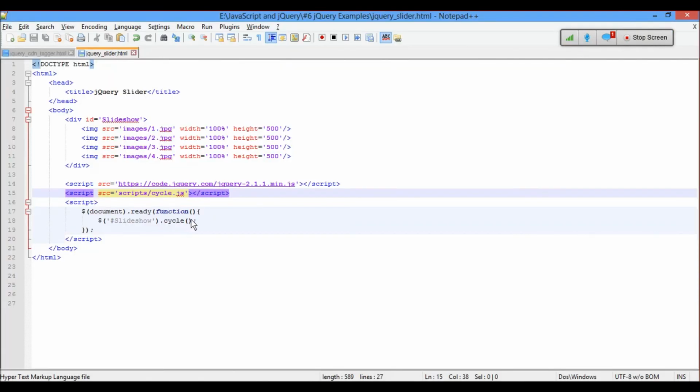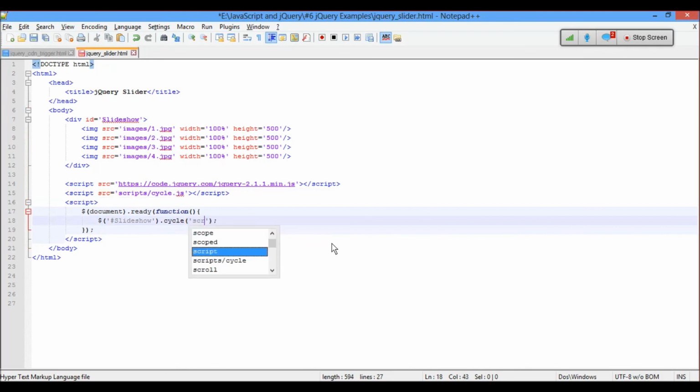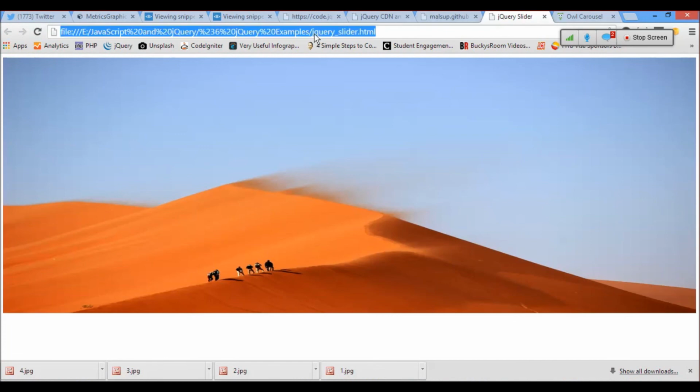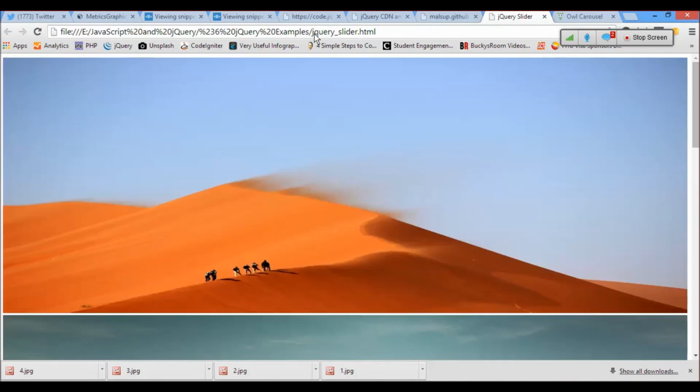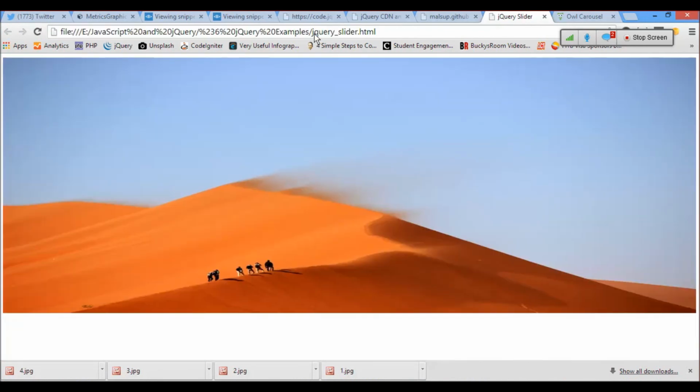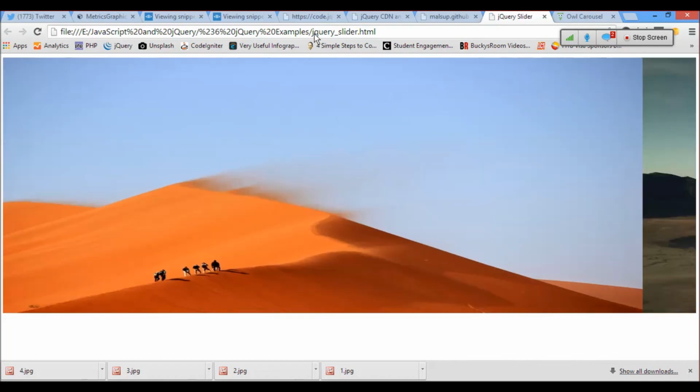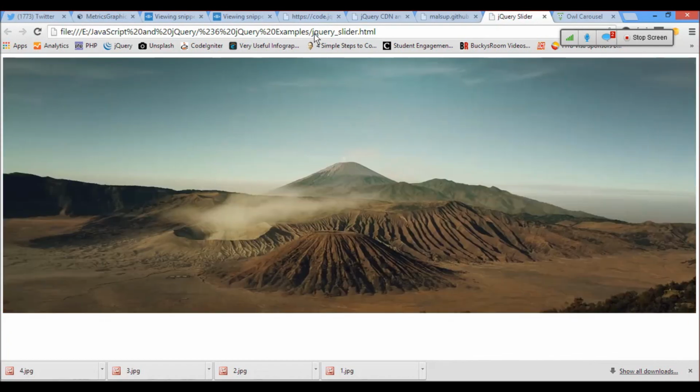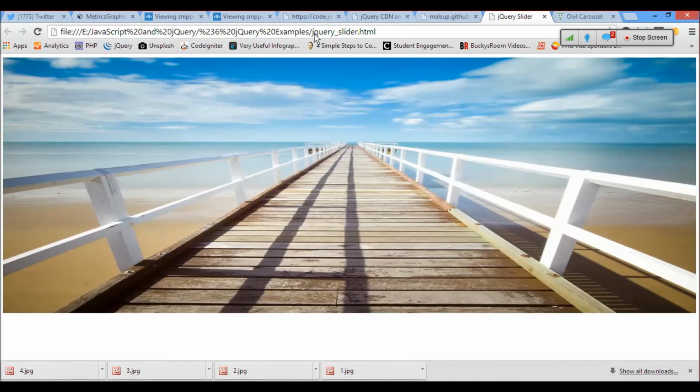Now I want to do something here. Instead of fade, I'll say scroll left. Here I'll give scroll left. Let's refresh. Okay, this is the slider version. It goes to the left.